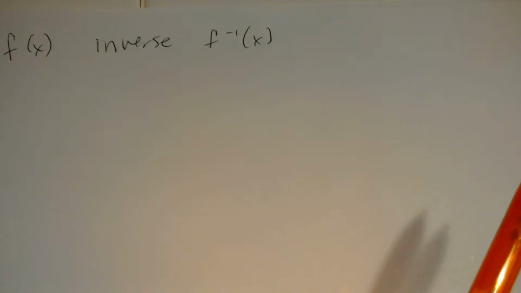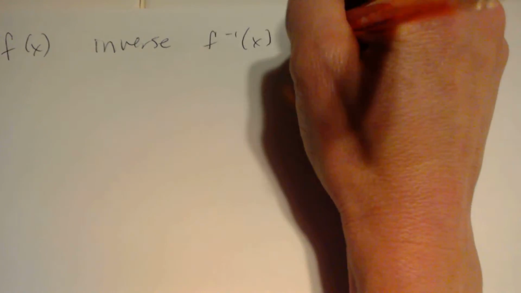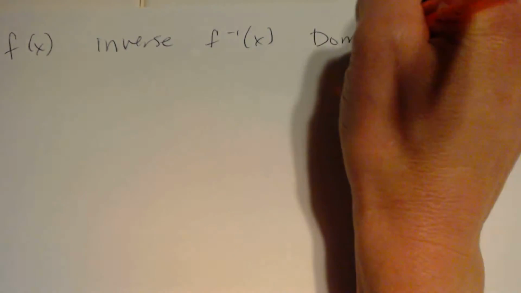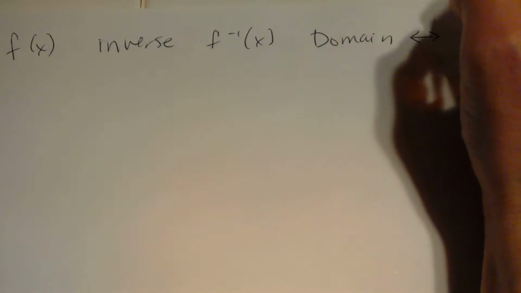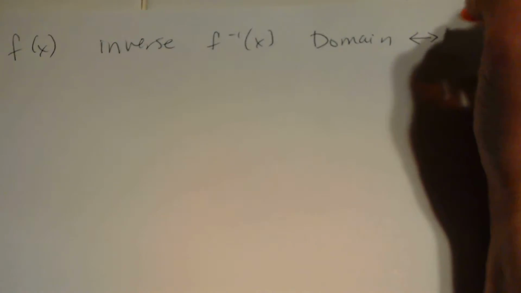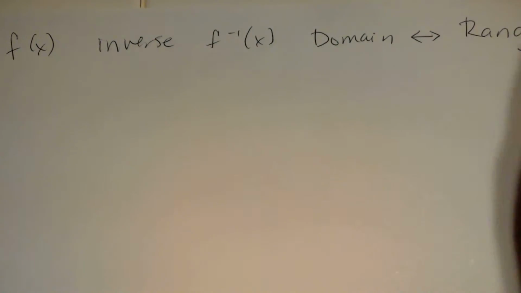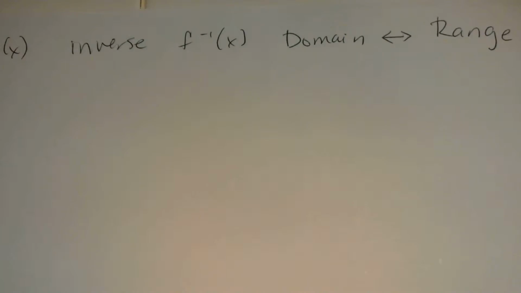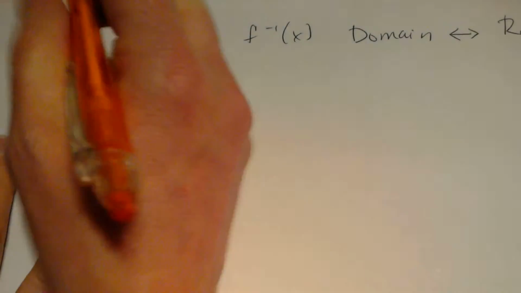So when we're thinking of inverses, we remember that our domain and range switch places. Whatever is the domain for f of x is going to be the range for f inverse. So our domain and range switch places. Now, for a function to have an inverse, remember it has to be 1 to 1. So, like